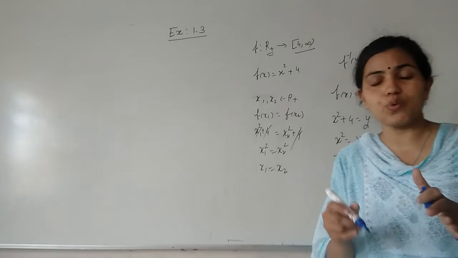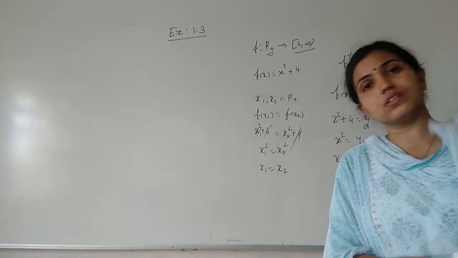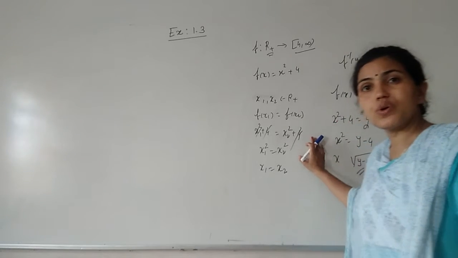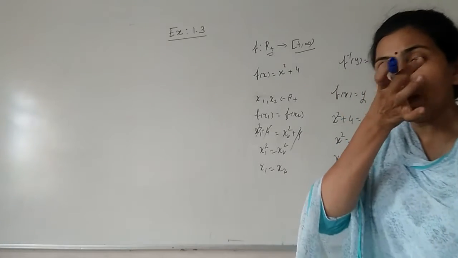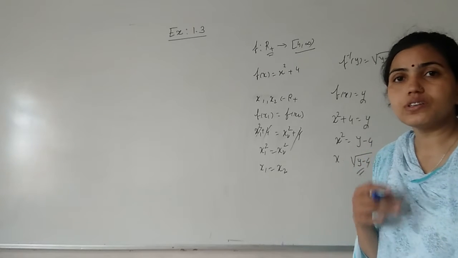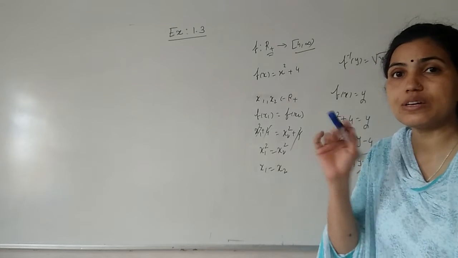This is what we have to prove. How to write everything, I have explained in the last question, also in question number 9. A similar question is this, so you can show this. If you show this is a 1-1 and onto function, then f is an invertible function. And after showing that it is an invertible function, the question is to show its inverse.